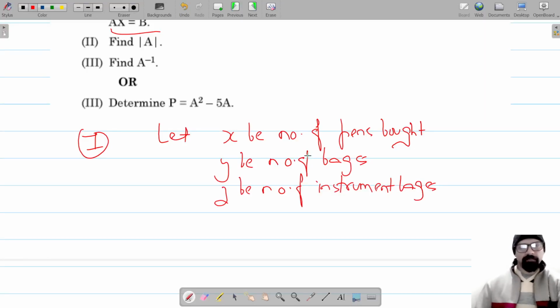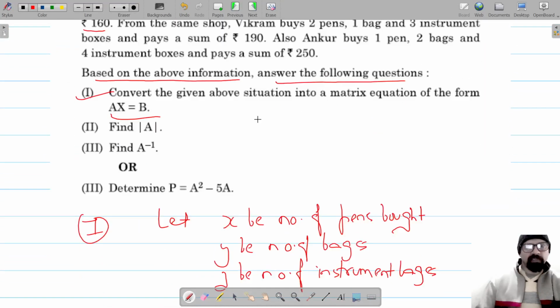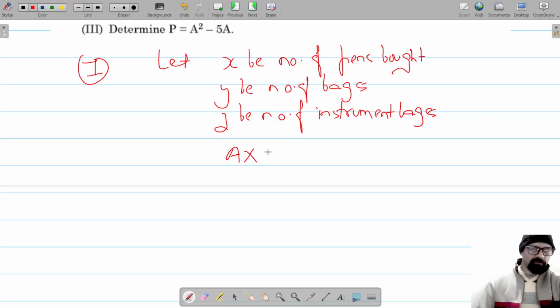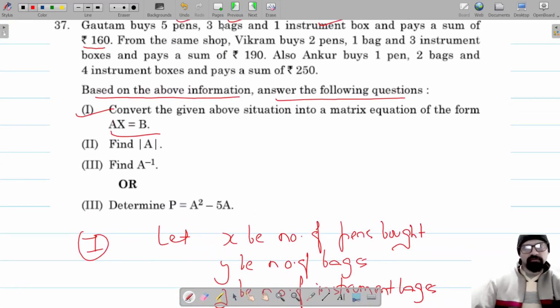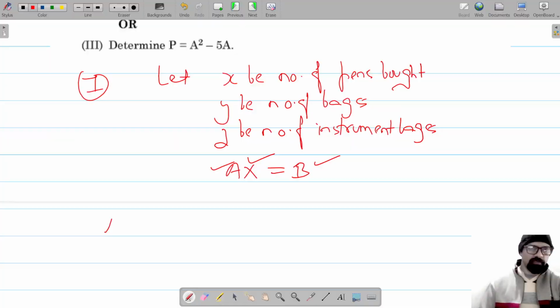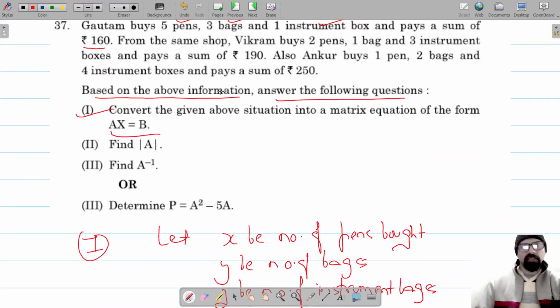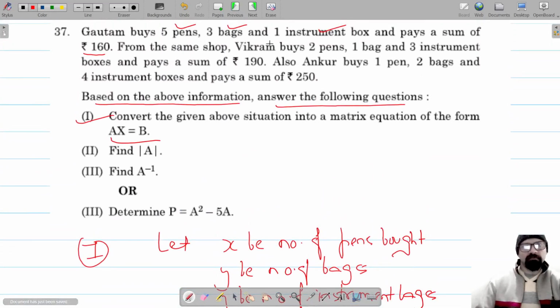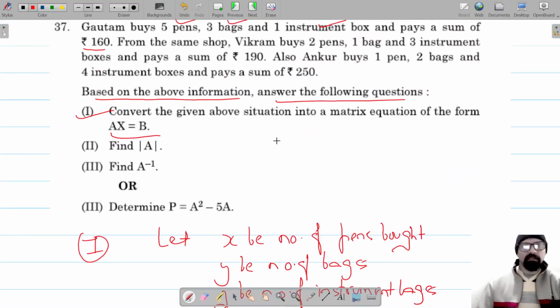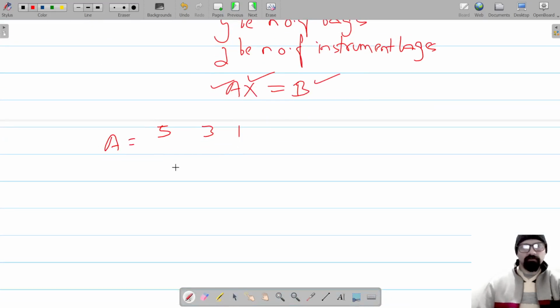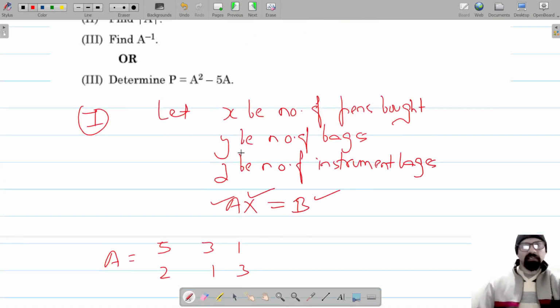ओके, अब यहाँ पे पहली मैट्रिक्स बनाएंगे। सो हमें पता है, अगर इस सिचुएशन को मैट्रिक्स फॉर्म में लिखना है तो हम लिखेंगे AX इज इक्वल टू B, जहाँ X में होंगे वेरिएबल्स, B में होंगे कॉन्स्टेंट्स जो कि होएगा सभी का सम पेड, और A में हो जाएंगे जो इन लोगों ने लिया है। तो हमारा जो A बनेगा, गौतम के लिए 5 पेन 3 बैग और एक इंस्ट्रूमेंट बॉक्स, तो ये बन जाएगा 5 3 1। और इसी शॉप से विक्रम के बनेंगे 2 पेन्स 1 बैग 3, सो विक्रम के लिए है 2 1 3।